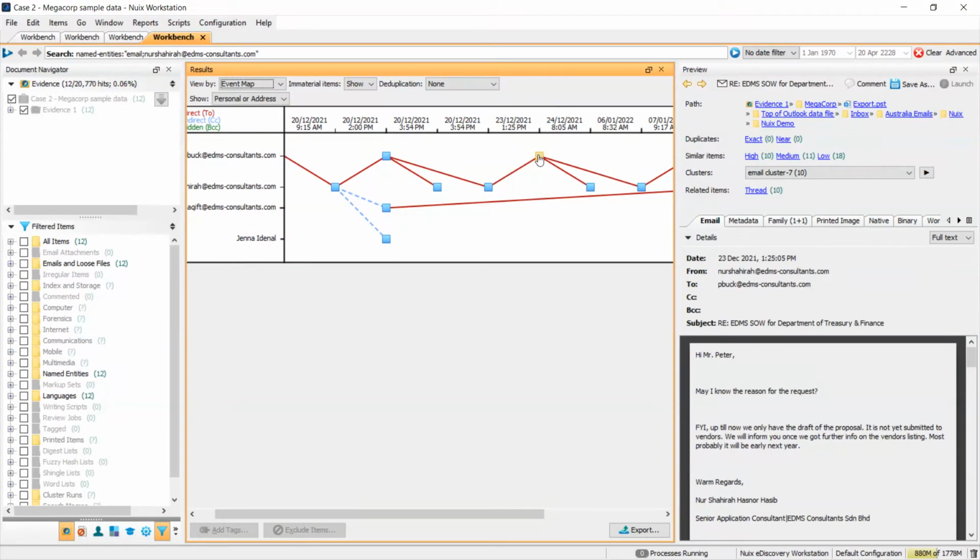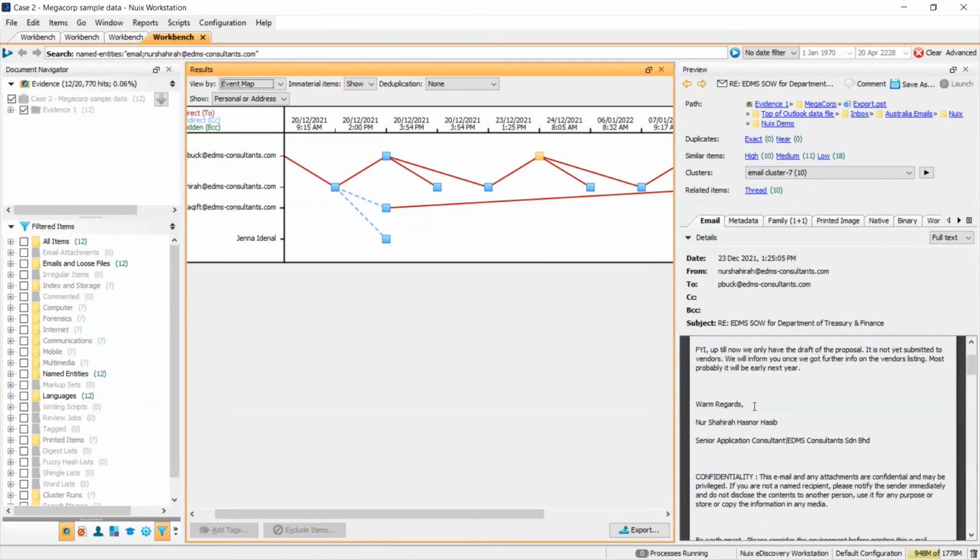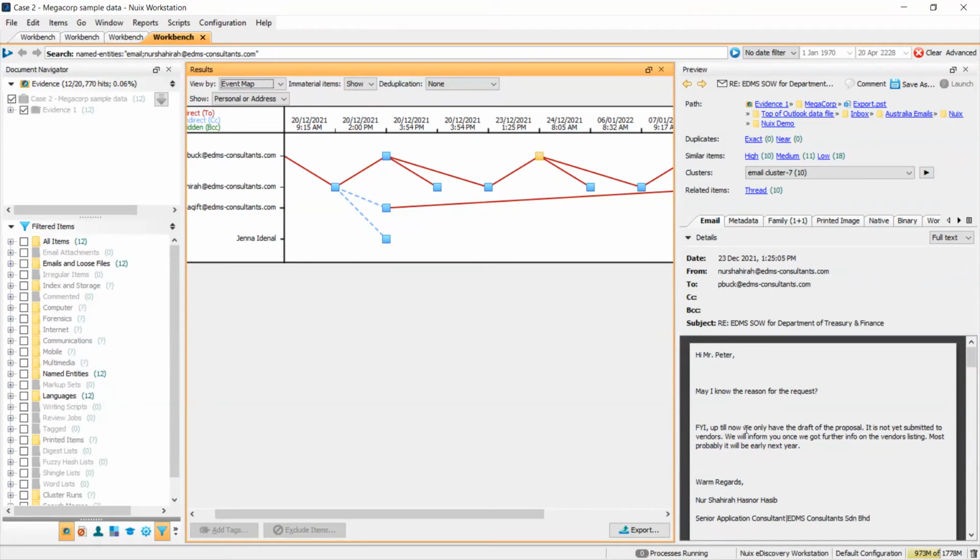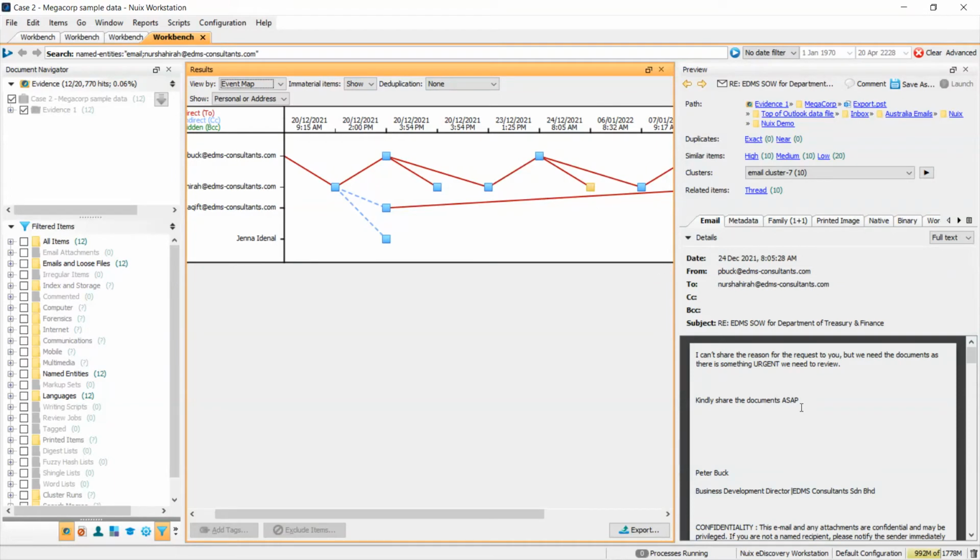If we click on this dot here, this is Nur Shahira replying to Peter Buck, and she's asking what the reason for the request is. Then you can go to the next timeline. "I can share the reason for the request with you," which is, again, really suspicious. "But we need the document as there is something urgent. Kindly share the document ASAP." Then you can see that,